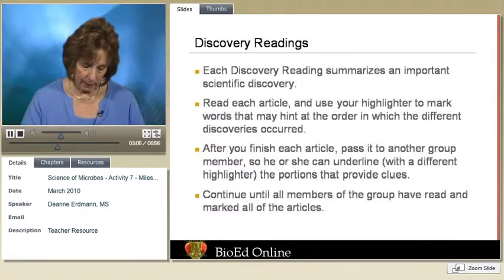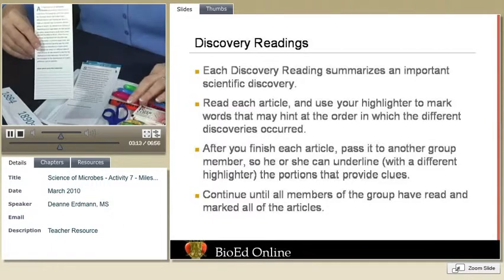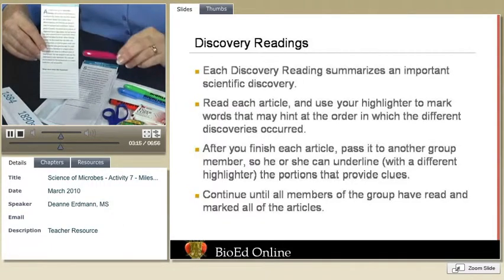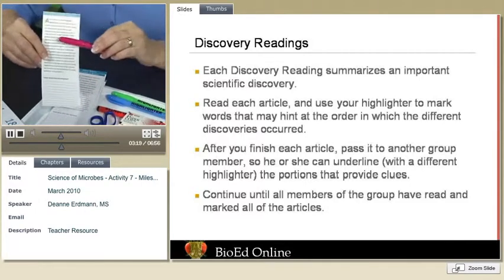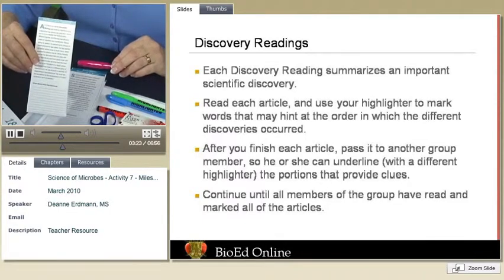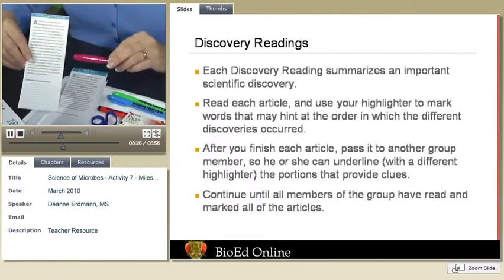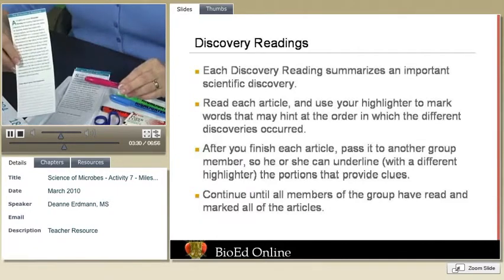Once they've highlighted some key points, say the first student is using an orange highlighter, then they pass it to a second student who maybe has the pink highlighter, and they will highlight anything that they see that's important. They may agree with the first student and just highlight over or underline what the first student did. You want to continue this process until everybody in the group has had a chance to read